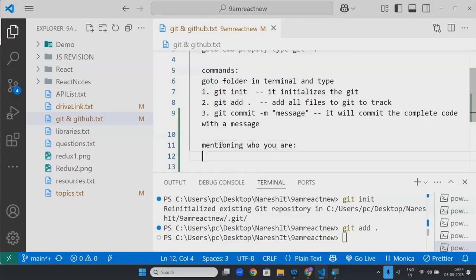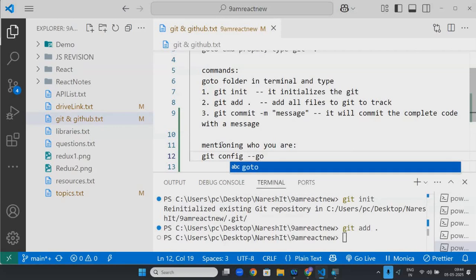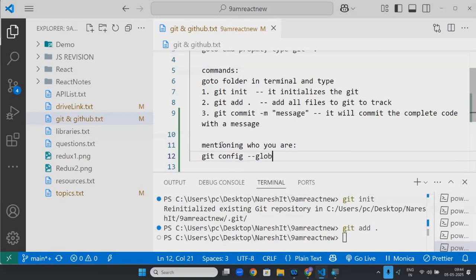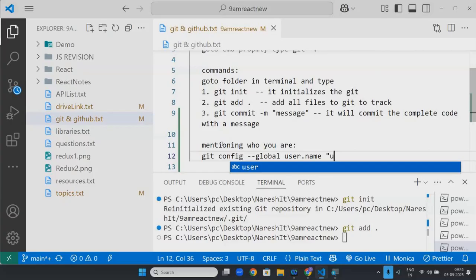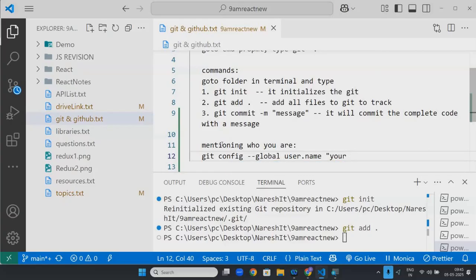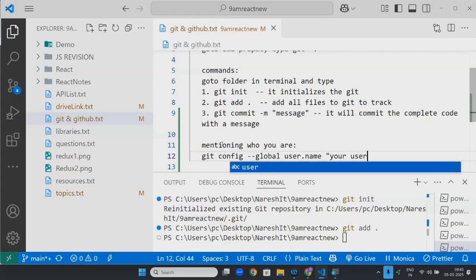You should tell Git who you are, with git space config space dash dash global user dot name, and give your username.